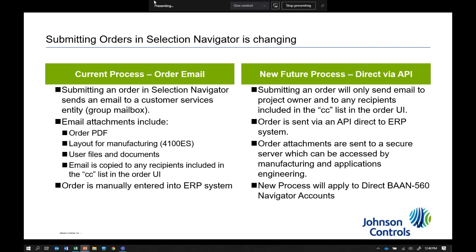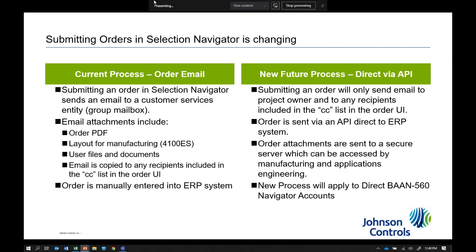So when you press that submit button in Selection Navigator, you will still get a copy of that order exactly the way you do today, with the order PDF and any attachments such as a layout file for 4100s. Any CCs that you have as recipients will still get a copy of that order. The only difference is that instead of going to our customer services team, the order will go directly into our back-end ERP system.